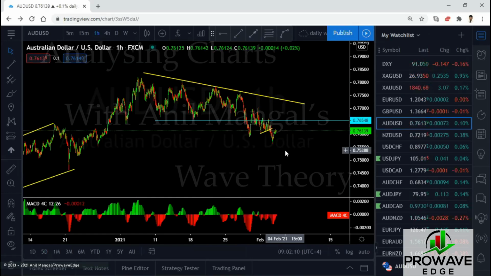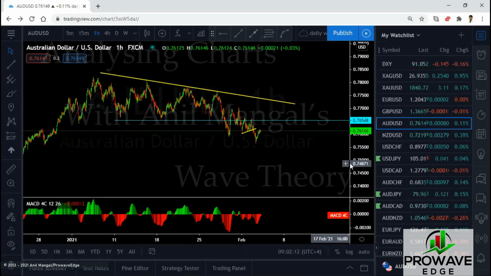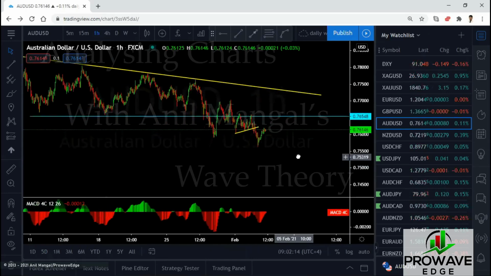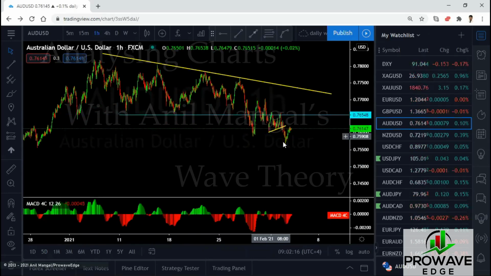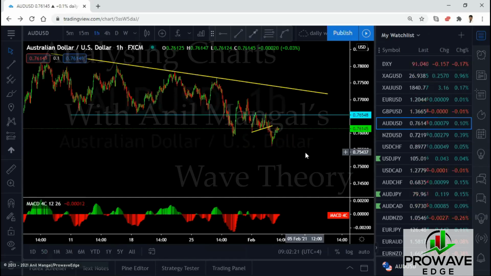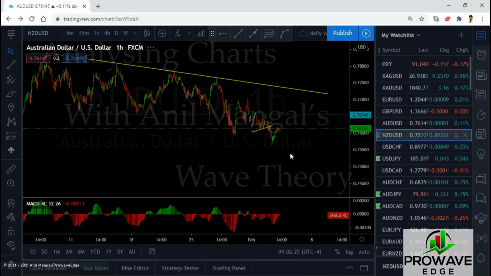That is how it works. It's not about waiting because I don't know what it's doing. We know what it's doing. It's going to go up eventually. So every buy setup we get, we'll take the trade, and then we'll see what happens with that. We'll manage our way out of that trade. New Zealand